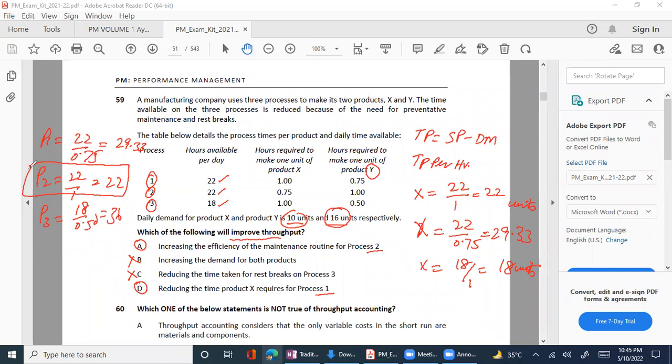So basically, there is some error in the question, because at the starting of the lecture, I told you that you will be provided with data that has one binding constraint. Do you remember the question of cakes? So if we took X, the binding is process 1, and if we took Y, binding is process 2. So this is not the right question. There is some mistake in the question. That's why